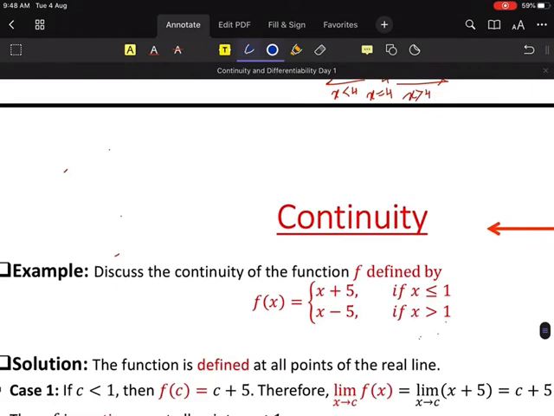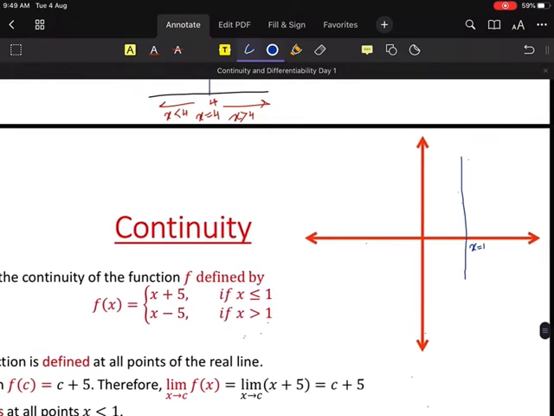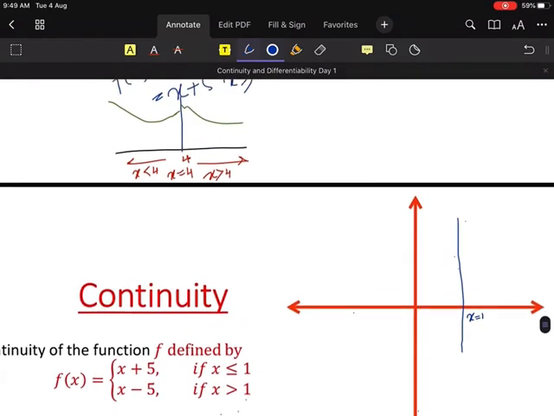So if this is a function, first thing, tell me, is this function defined? Yes or no? First question, is this function defined? Do you see any square root sign? No. Do you see any denominator? No denominator, so we cannot have anything divided by 0. So what can we say? That this function is always defined. So the first condition we need to satisfy is whether the function is defined or not, and it is always defined.